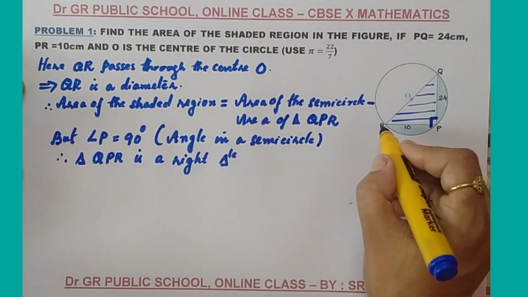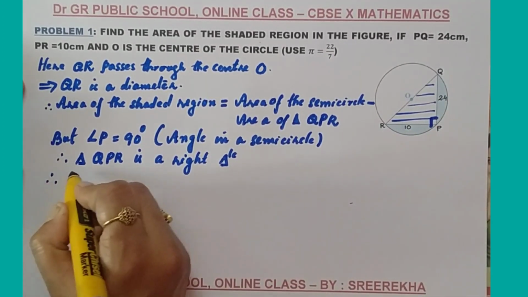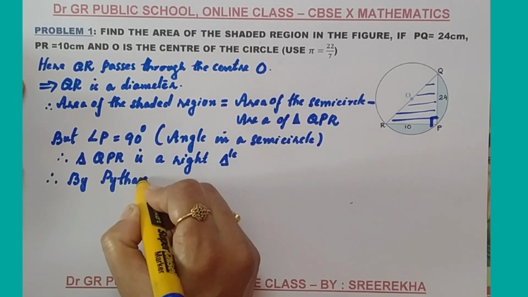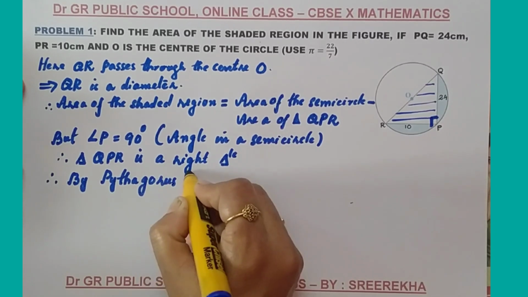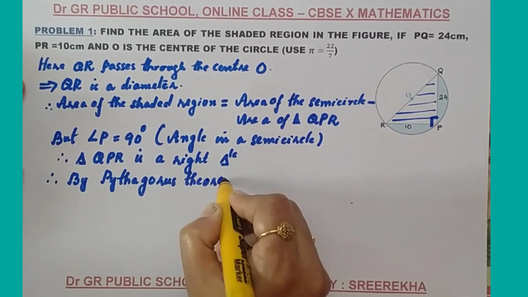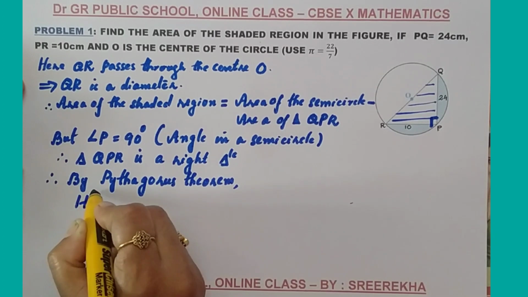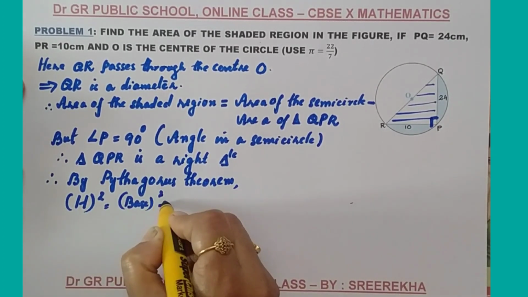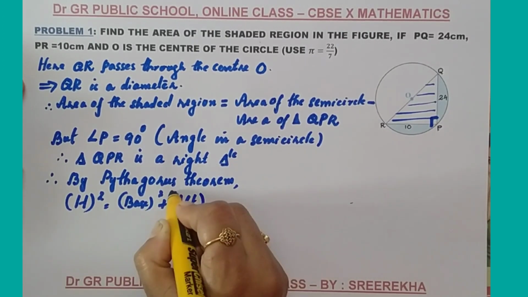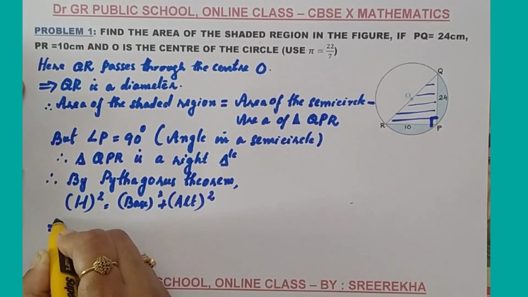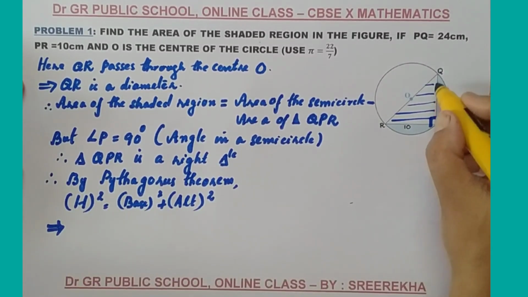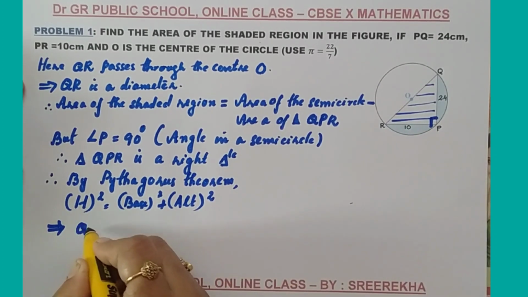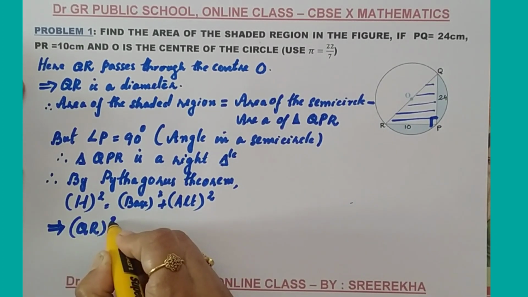If triangle QPR is a right triangle, we can apply Pythagoras theorem. Therefore, by Pythagoras theorem. What does Pythagoras theorem state? Hypotenuse square equals base square plus altitude square. This is Pythagoras theorem. I am going to substitute the values here. What is the hypotenuse? The side opposite the 90 degree angle is the hypotenuse. So, QR is the hypotenuse. So, QR square equals